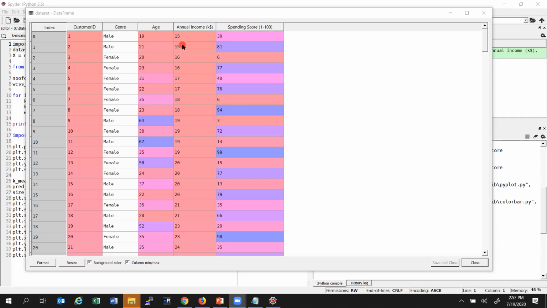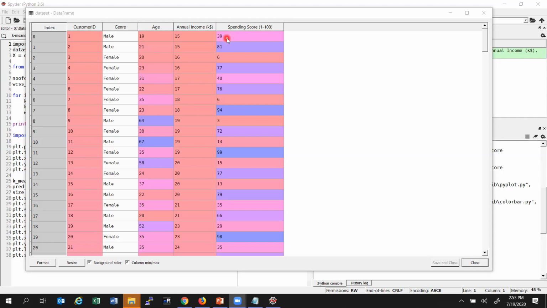What it tells is that for a particular mall, the mall has data for a customer: the customer ID, whether the customer is male or female, the age of the customer, and their annual income. And at last, the mall gives some spending score to a particular customer based on their buying.